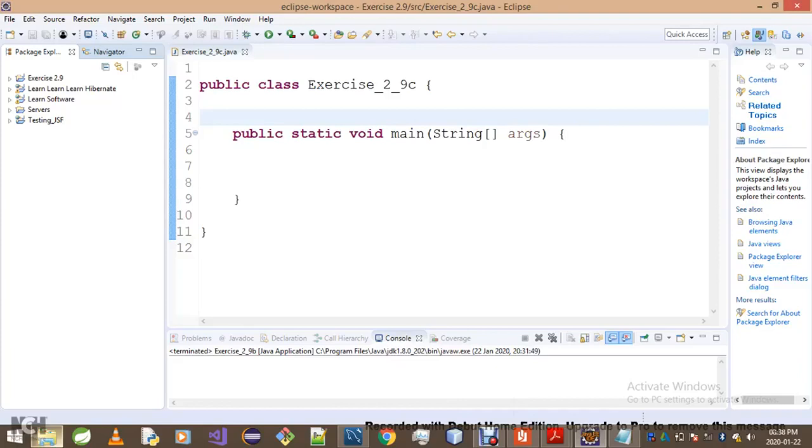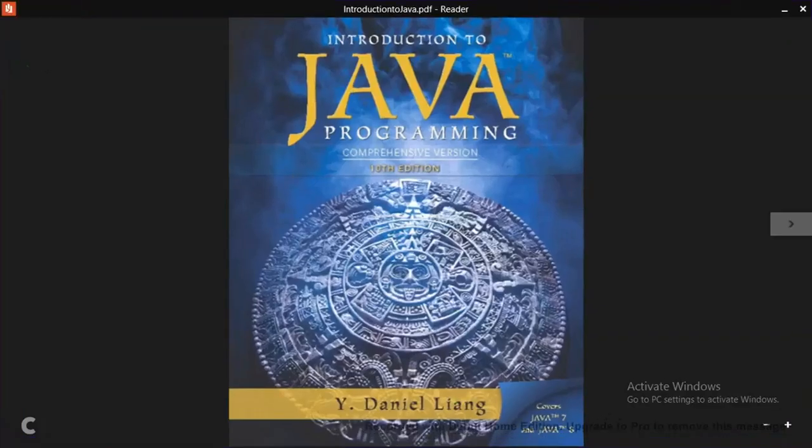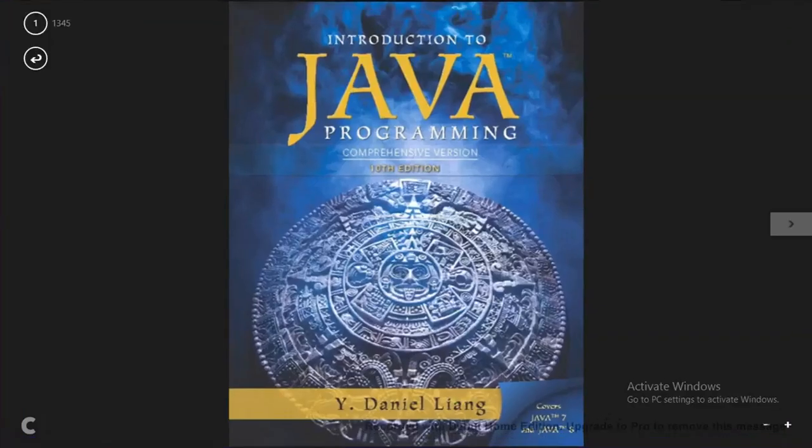Today we're actually going to be doing exercise 2.9. As you guys can see, I've already created a project, called it 2.9, and inside that project I created a class called exercise 2.9c. So right now we gotta jump onto this textbook we're actually using and then go straight to exercise